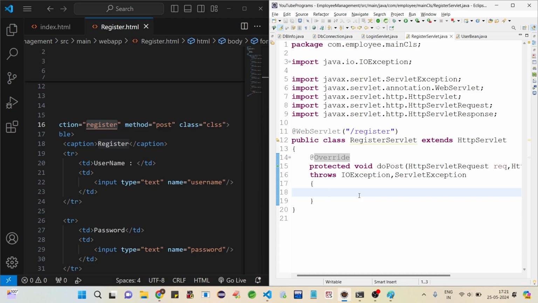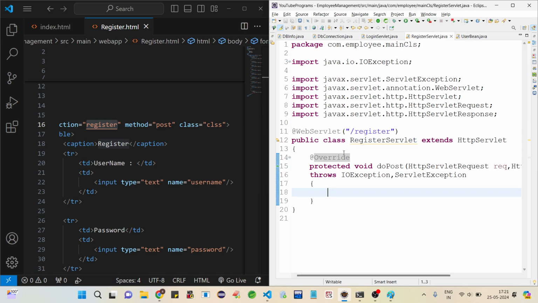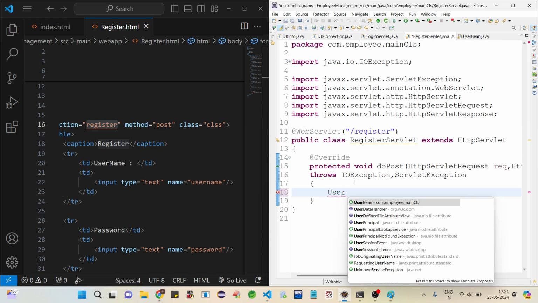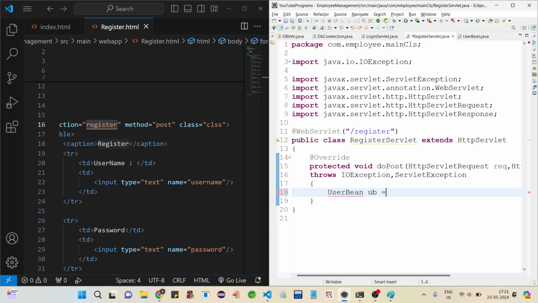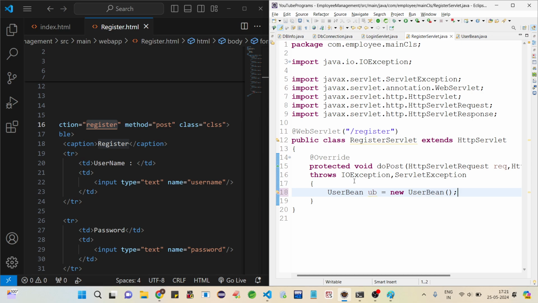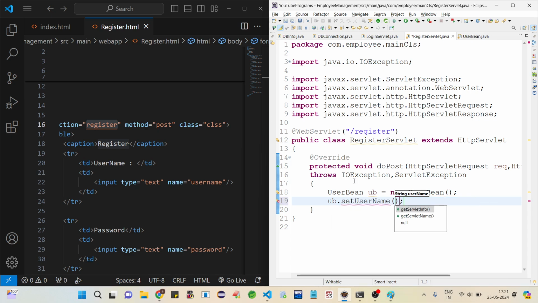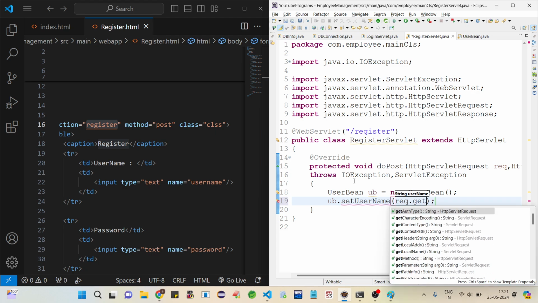We are creating an object for UserBean. Right, uv.setUsername. To get data from the HTML form, we are going to use HttpServletRequest. HttpServletRequest is going to hold the data coming from the HTML form. We are using request.getParameter,